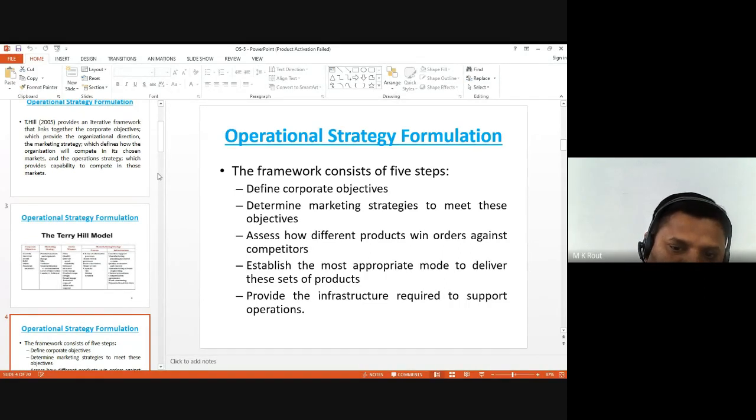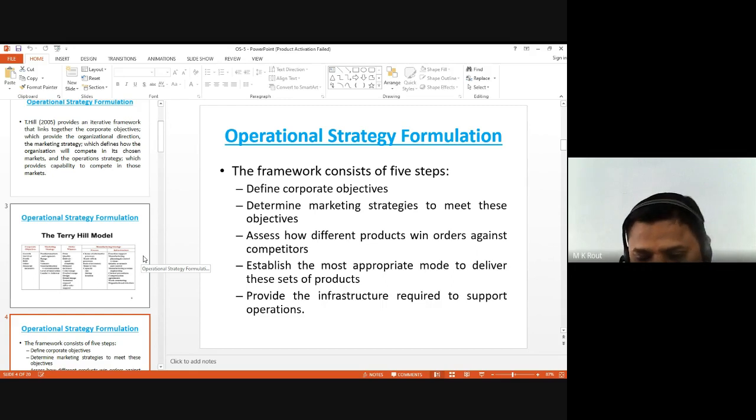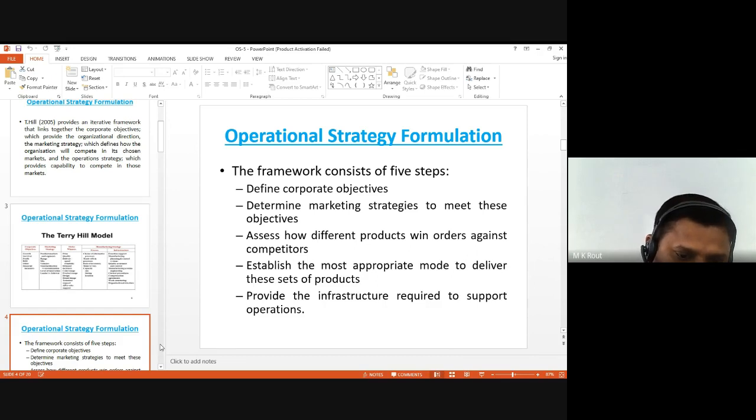The next is to assess how different order winners fare against the competitor. As I told in the last slide, order winners basically include pricing strategy, quality strategy, delivery strategy, and some other strategies, for example, after sales service strategy against competitors. The next is to establish the most appropriate mode of delivery for this set of products. And the last one is to provide the infrastructure required to support the operations. So these are the basic steps in Terry Hill operational strategy formulation. Moving to the next part,